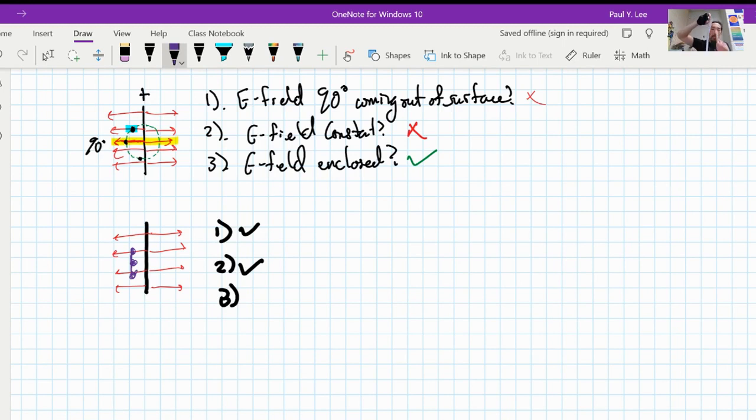So back to the model. If we have a charged piece of paper and we have a Gaussian surface there, what if we put another one here? It will look something like this, of course being the same distance away from the other side. Cool. So we are now enclosing the other side of the E fields. However, it's still not enclosed. And hopefully by now, you're getting my point. In order to enclose